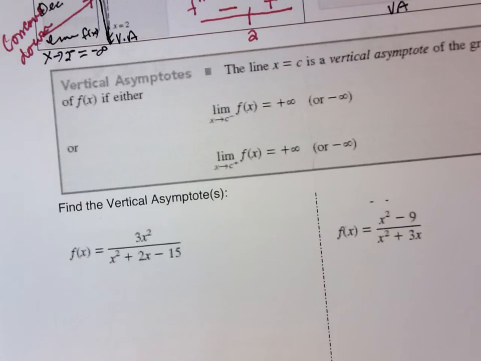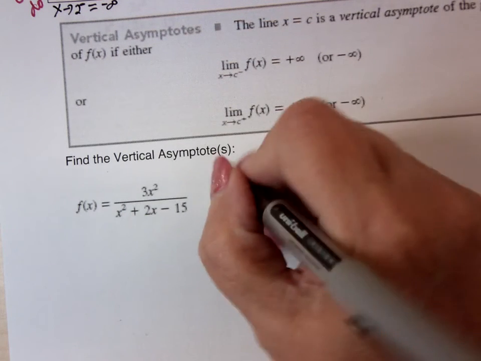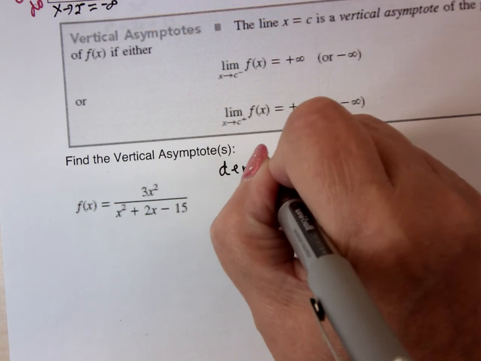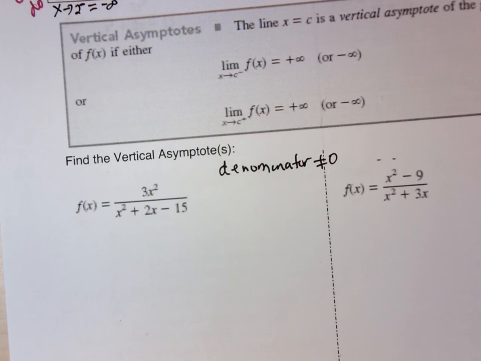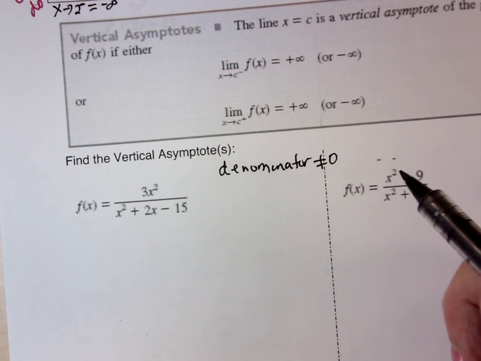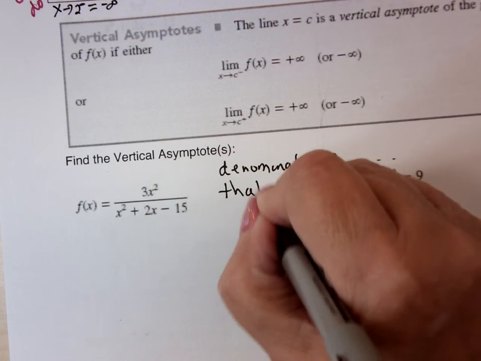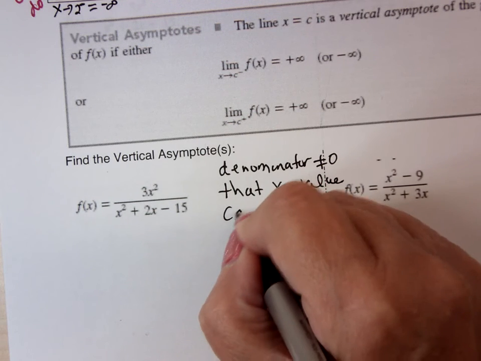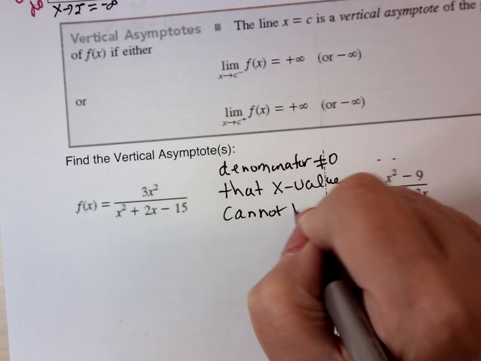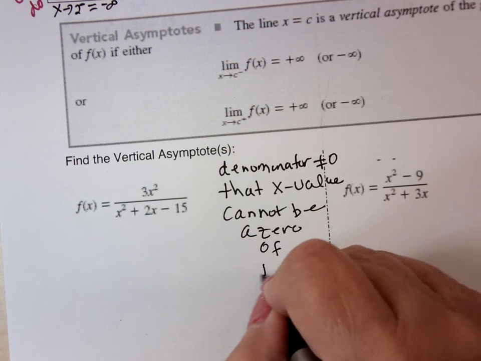So here we go. Find the vertical asymptotes. Vertical asymptotes is basically where the denominator can't be 0. It's a division by 0. But this is where we have to be very, very careful. That x value cannot be a 0 of the numerator